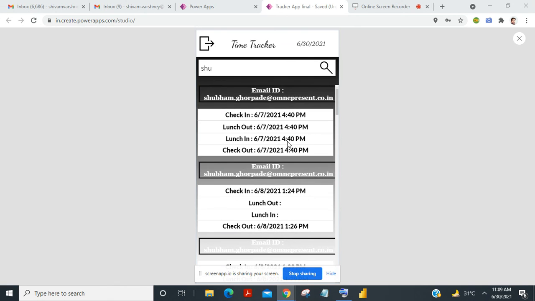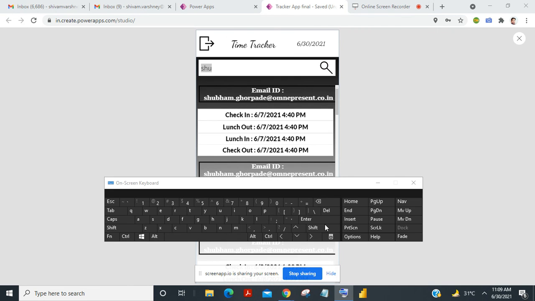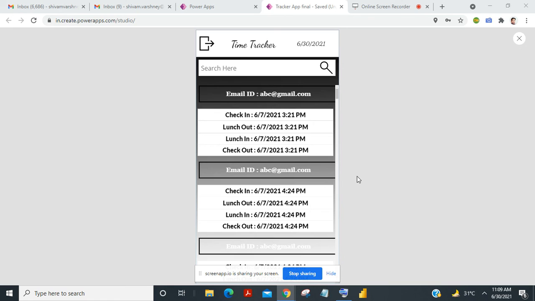Everything will be available here, so the employer can easily see which employee is available on which date. If he is on leave, the details will not be available here, and if the employee is working, then he can get the access from here.